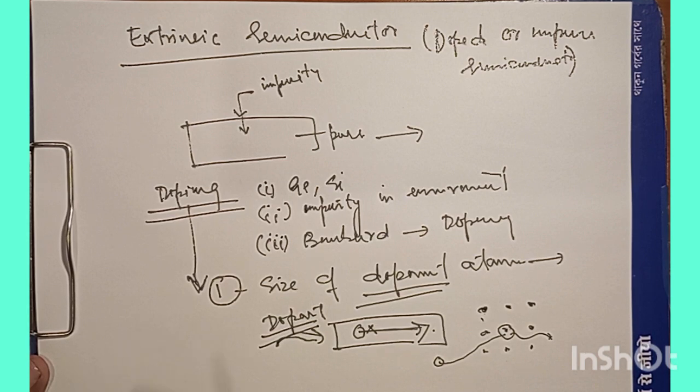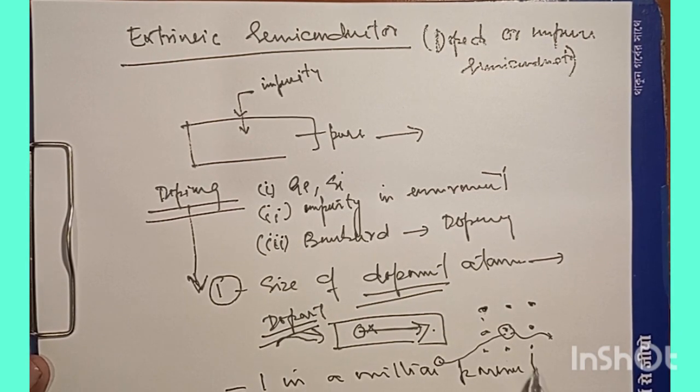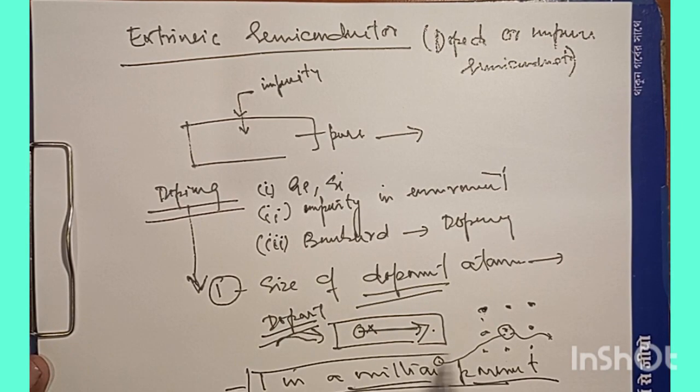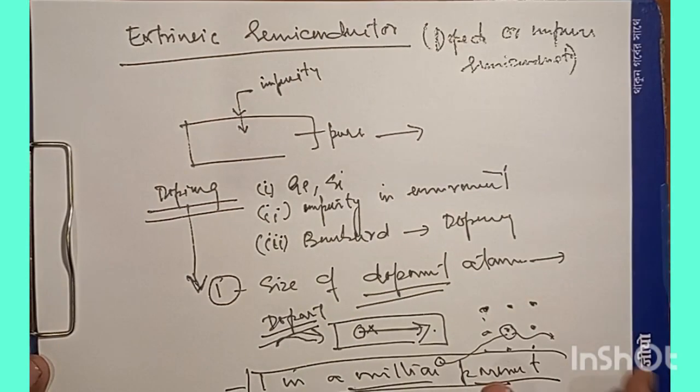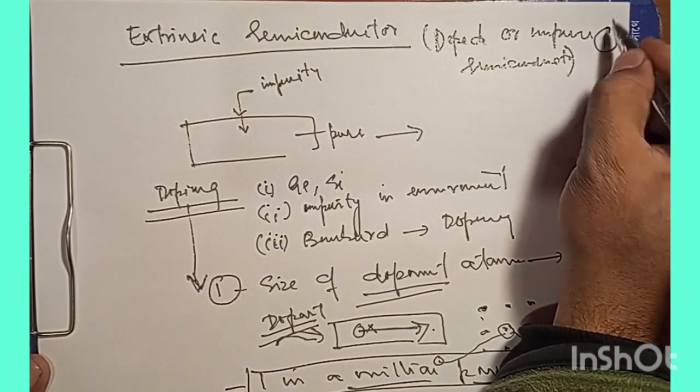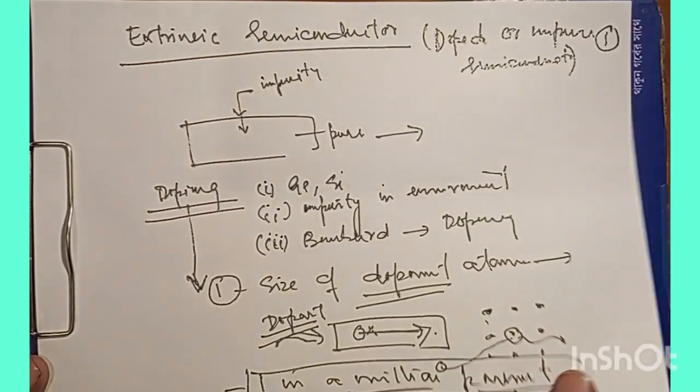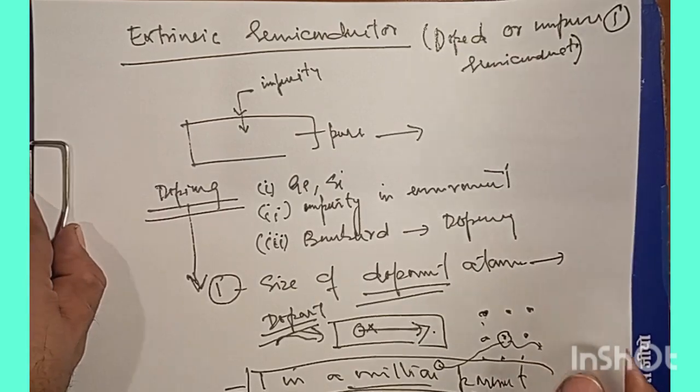So the number of dopant atoms should be about 1 in a million parent atoms. This is an important point: 1 in a million parent atoms. So we can understand how small this doping actually is when we talk about the quantity of these dopants. Now, the impurities that we add to these intrinsic semiconductors